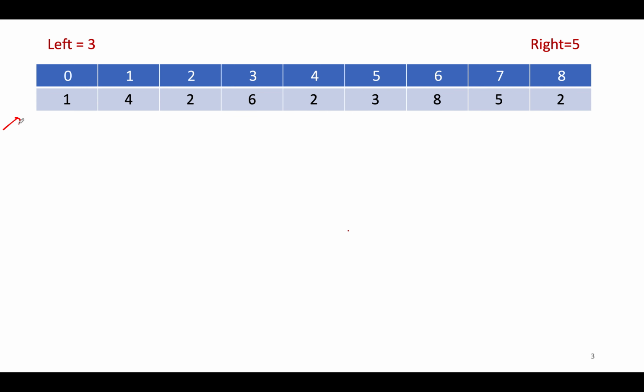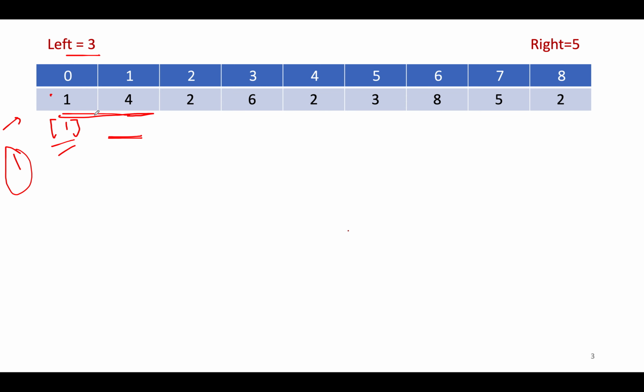Let's get started with the first sub-array that we have, 1. What is the maximum element in this range? It is 1. Does it qualify? It doesn't, because the maximum element is 1 and it is less than the value of left, so this should not be included. Let's move on to the next element. We have 4. How many sub-arrays can be formed including 4? The first one being 1, 4, and the second one being 4 itself. So I can form 2 sub-arrays.